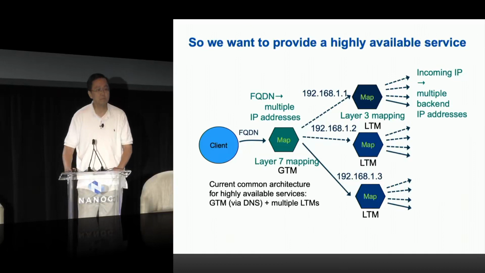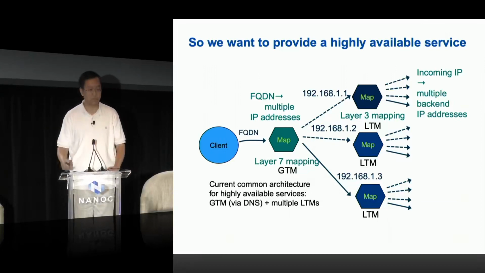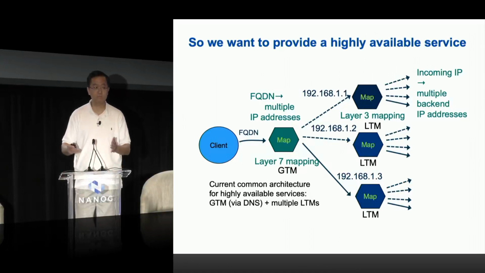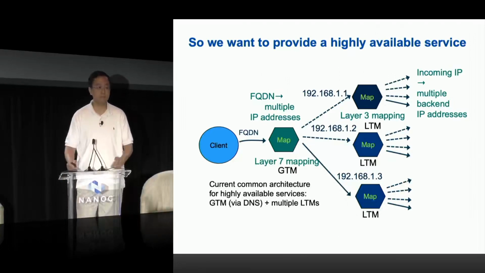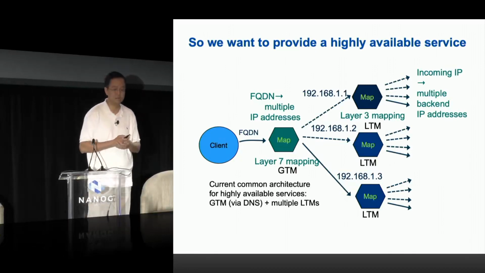And these IP addresses are actually not single servers, but the front IP addresses of multiple locally available backend servers. So this is one common architecture that we had when we started looking into providing highly available service. Now, some of the issues that we at least experienced when we had this was that